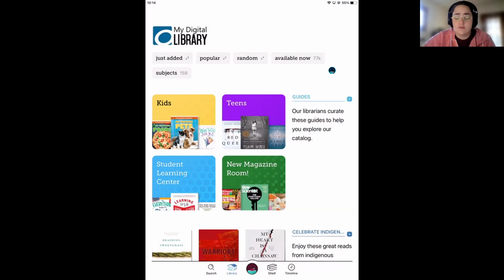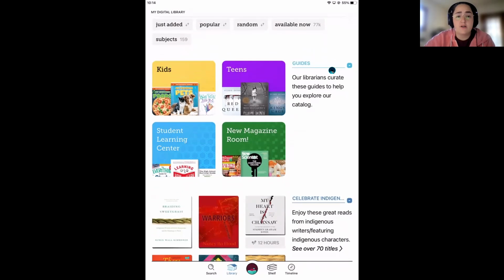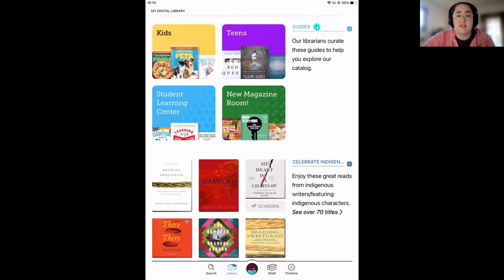Now, as we scroll down this page, you'll come across a section that's labeled guides. Now, guides differ from library to library. Each library gets to choose which guides are showcased on their digital collection page. So yours might not look exactly like mine. For instance, I have magazines, you do not. So yours are going to look a little bit different,